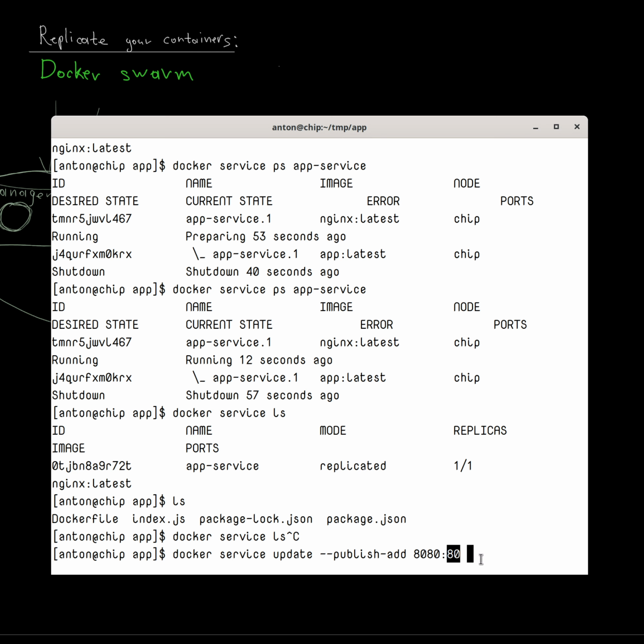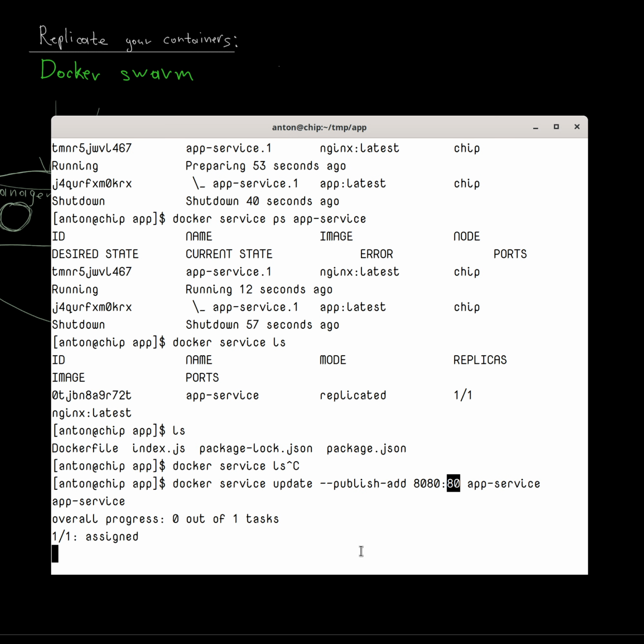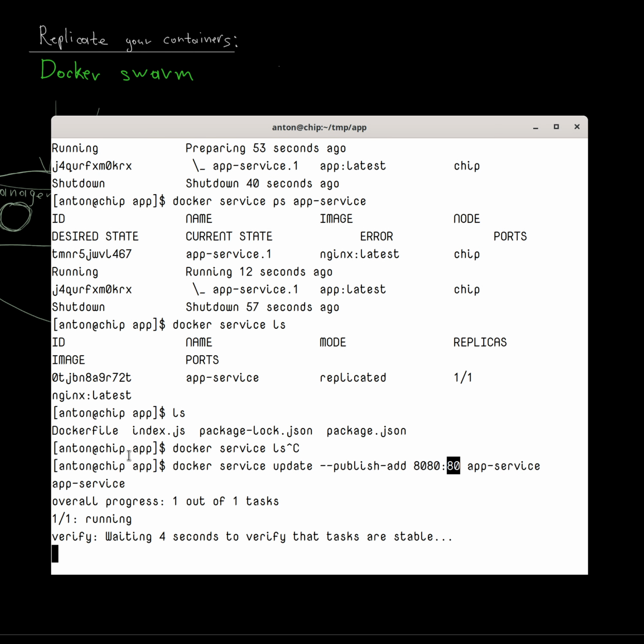Then we provide a name, app service, and that should be it. It will update the configuration, will update all the replicas, and we'll probably be able to inspect it with curl, for instance,